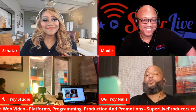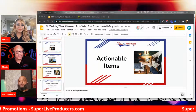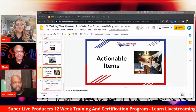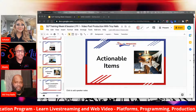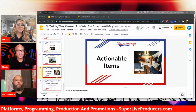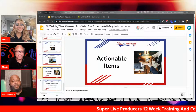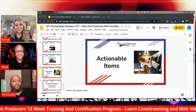So anyway, it's very important that as you build your team, you find people who are good at what they're good at. When I look at my team that includes Maxie and Schatar, they have a very good understanding of how all this works. They're serviceable in many areas, but what they're best at, in my opinion, is teaching, training, planning, budgeting, all the things that are not my forte. If you ask Maxie to go out and shake 22 hands and get 20 proposals, he'll do it if he has to, and he's good at it. But he would prefer to do the things he's doing right now, whereas I would prefer to go out and talk to people and make sure that we